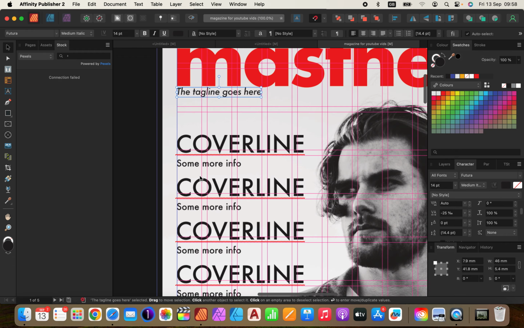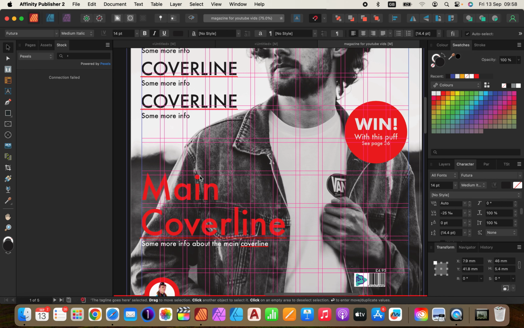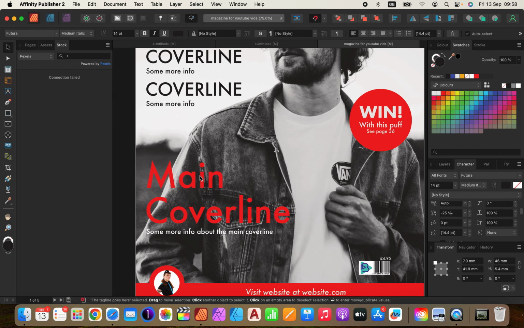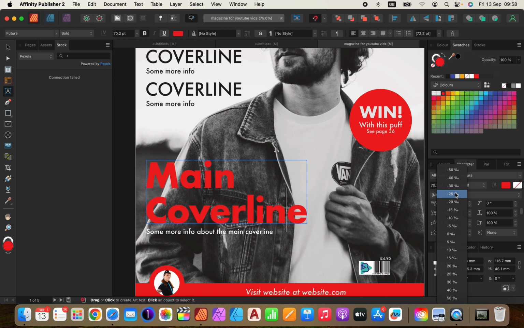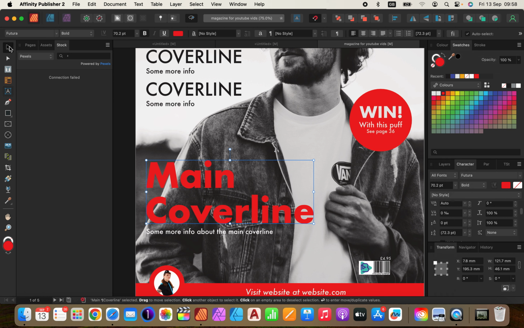Then if I zoom this back out and go back to my cover line here, I'm going to turn my grid off so you can see this a little bit easier. With this main cover line, I might change this up. I might just go for a bold font, to make sure that main cover line stands out. Now, I could make it a little bit smaller to make sure it gets away from his shirt, but again, I'm going to experiment with tracking on this here. Actually, yeah, I'm going to do the whole of those letters,